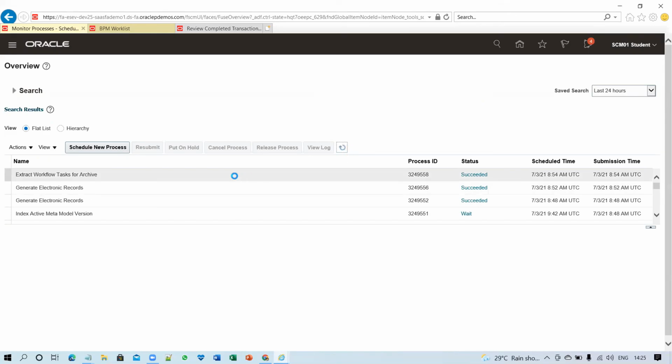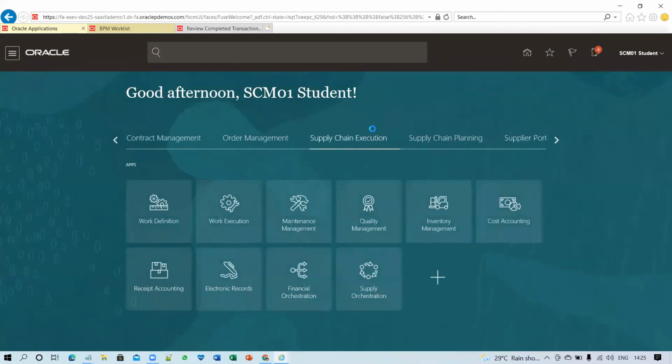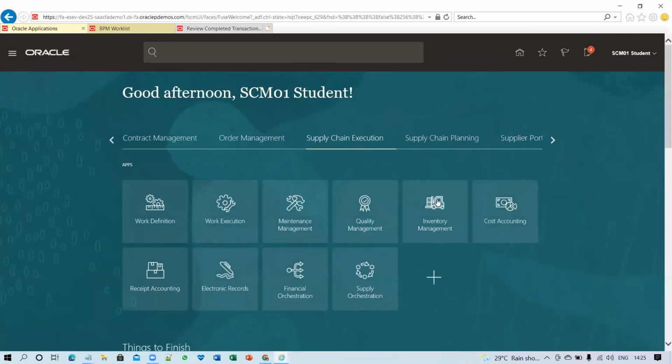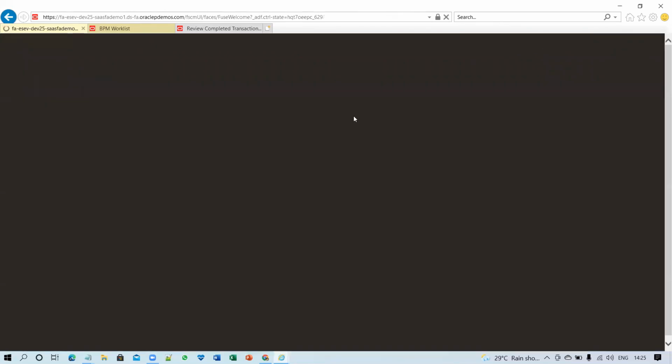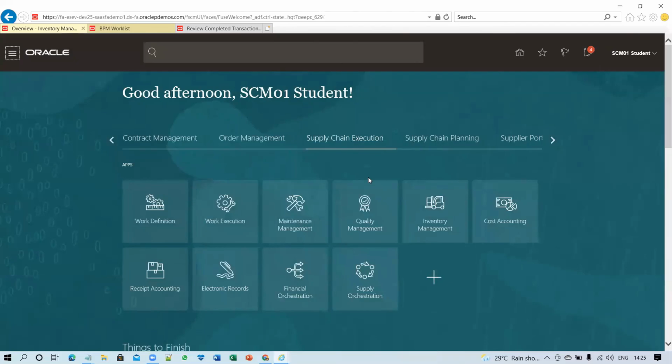Now I can see that the ESS job got successfully completed. After that, I will go to the home and search for the records. There is an icon, the enabled electronic records. So you have to click on electronic records.